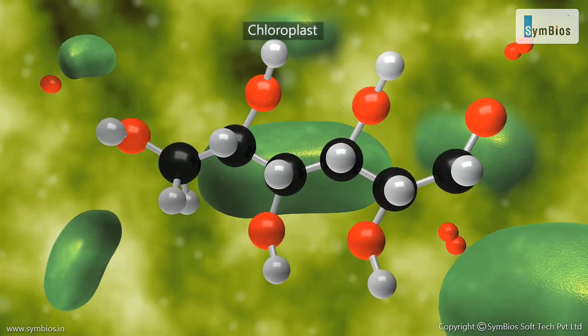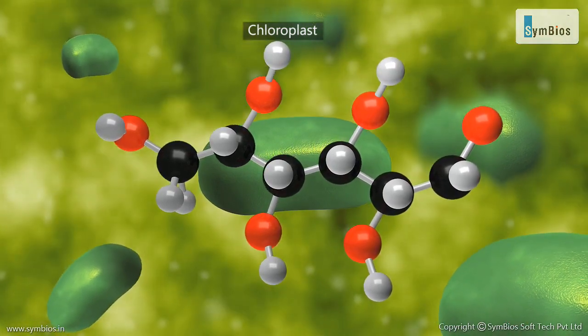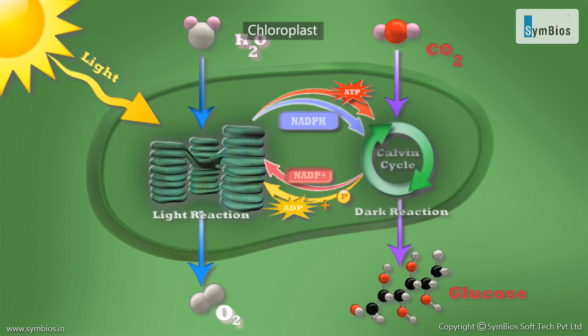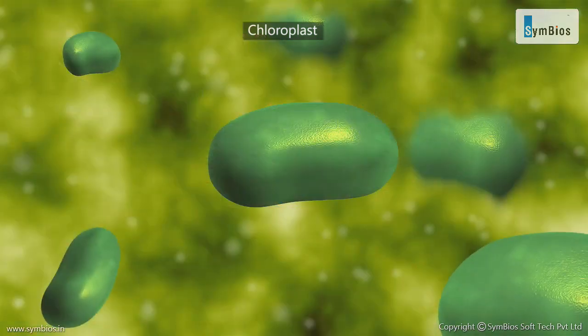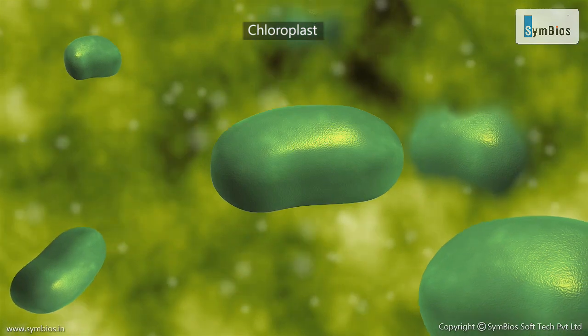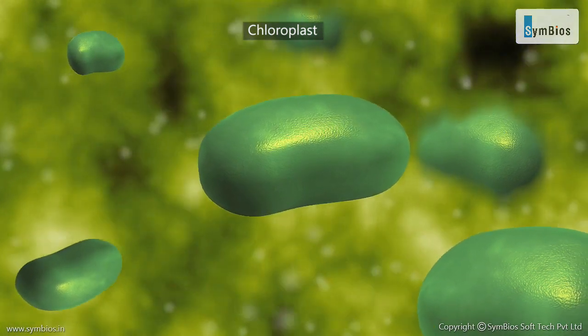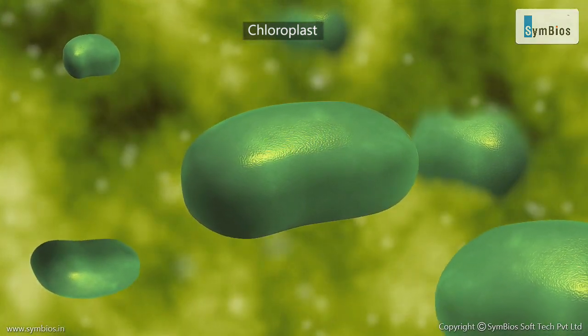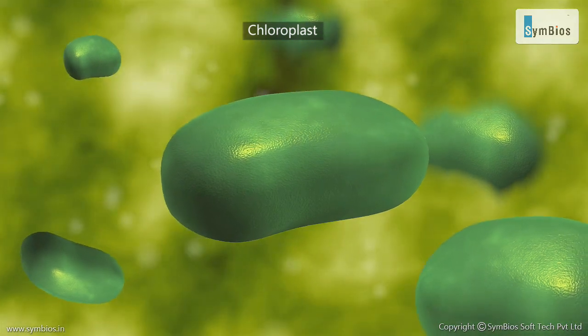The reactions occurring in photosynthesis are grouped into two main phases: light reaction, that requires light and is called light dependent reaction, and dark reaction, which does not need light and is called light independent reaction. However, both the reactions require chloroplast, and that's why it is necessary to study the chloroplast structure for understanding the